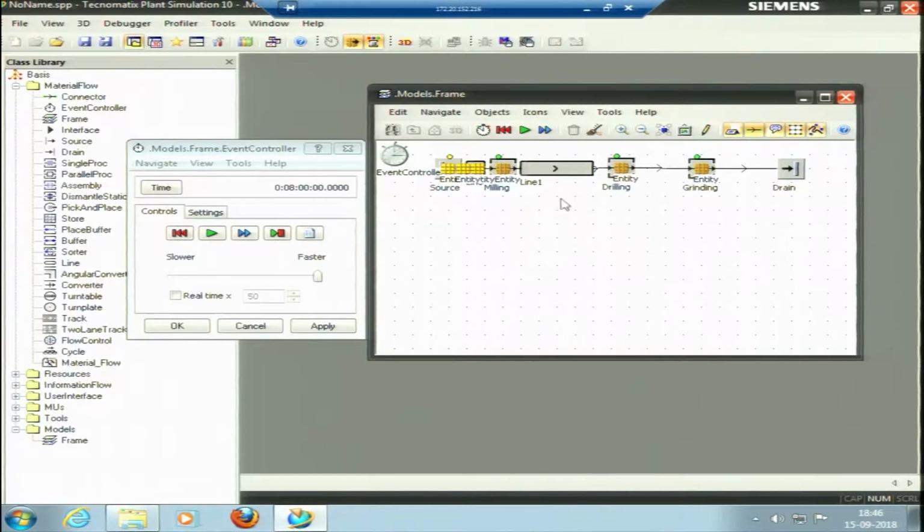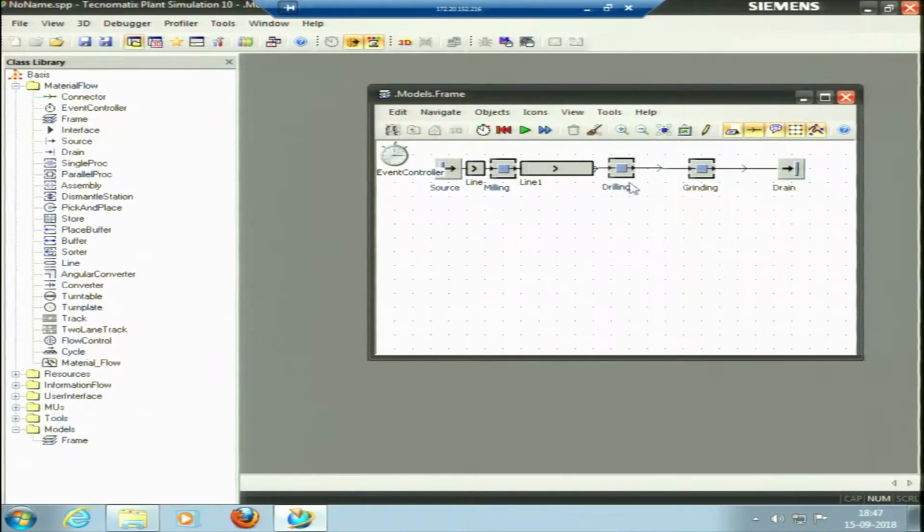I can see various charts as well, for how much percentage of time the process is blocked, for the complete 8-hour day, for how much time my process is blocked or waiting or actual processing, or for how much time the failure has happened in which process, because you know failure is 95%. So at some point of time failure could also happen. So all this thing can be seen. For that I need to use resources.